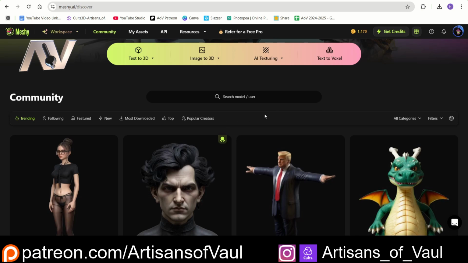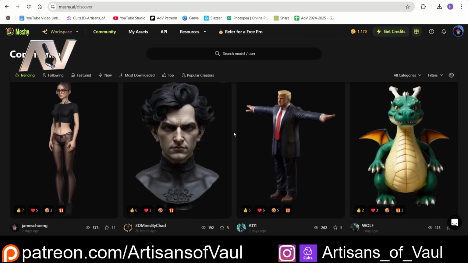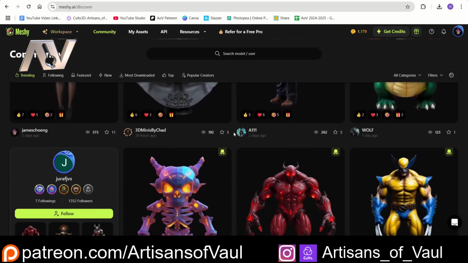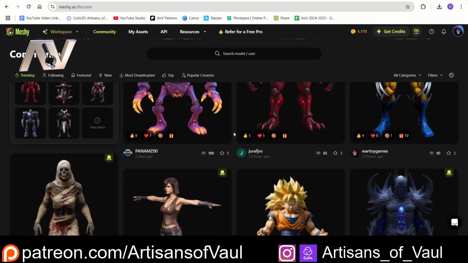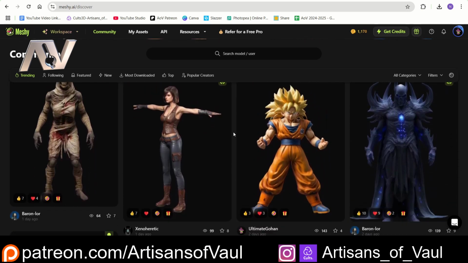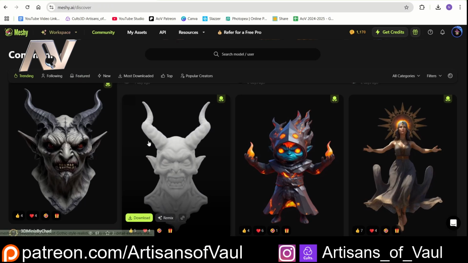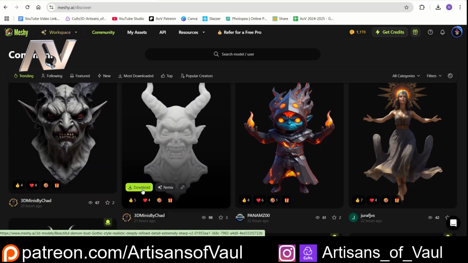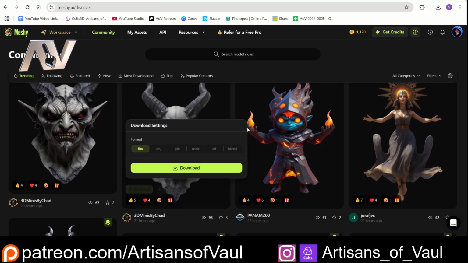And some other things that we've got is this nice community tab, which gives you all of these other models that community members have made using the software, which is pretty cool, and you can download these if you choose to, and whether you pay for them or not is sort of up to you. I'll come to that. So let's have a look at one of these and download it. I'm going to grab this crazy looking demon thing, we'll download it,